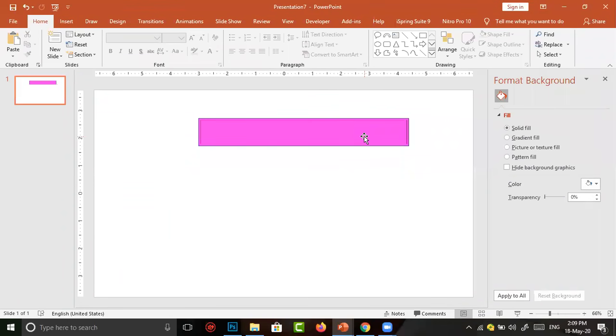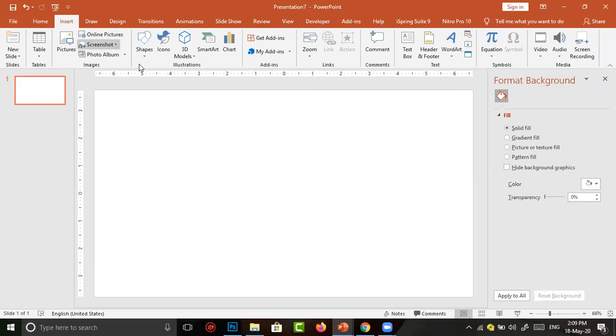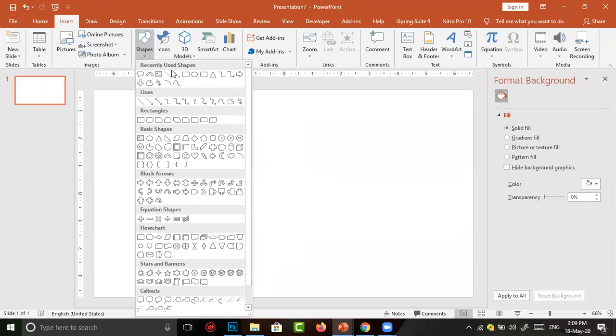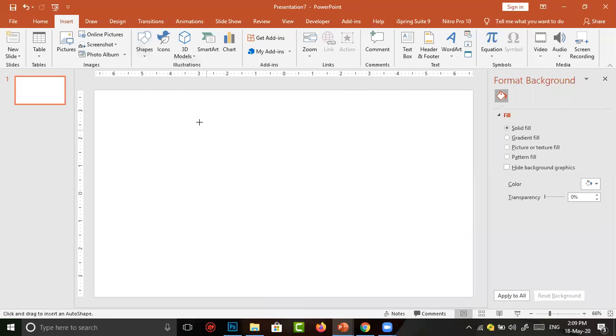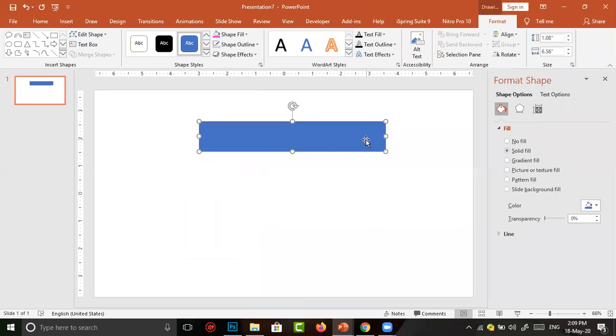I delete the box now. Again, I am going to insert. In insert, I draw a rectangular box. I want to change the color and something related to the box. I select the box. After selecting any shapes or images, the format option will be automatically enabled.